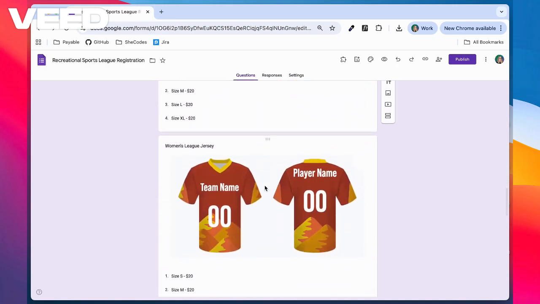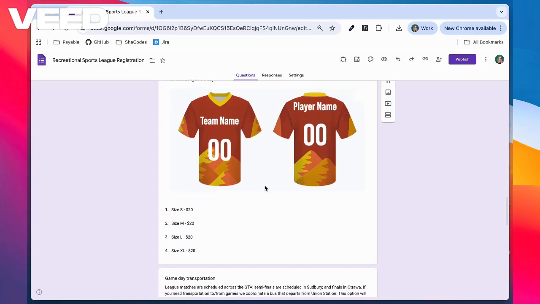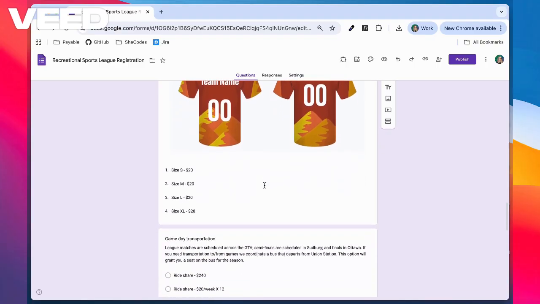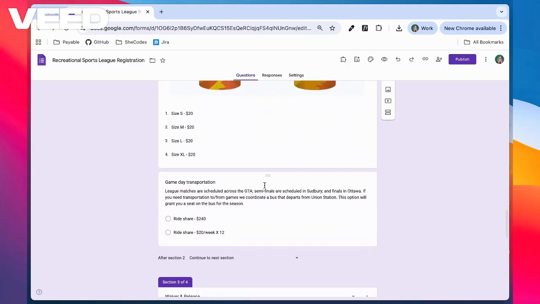Then I've got jersey selection. I've added a nice mock-up image to each option, and the user will choose their jersey type and size, and this will be billed to them. Next, this transportation question again has another example of installments. This will bill the registrant weekly for 12 weeks if they're unable to pay in full at the time of